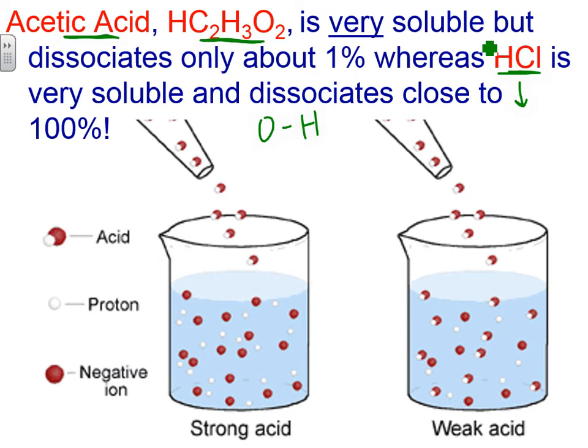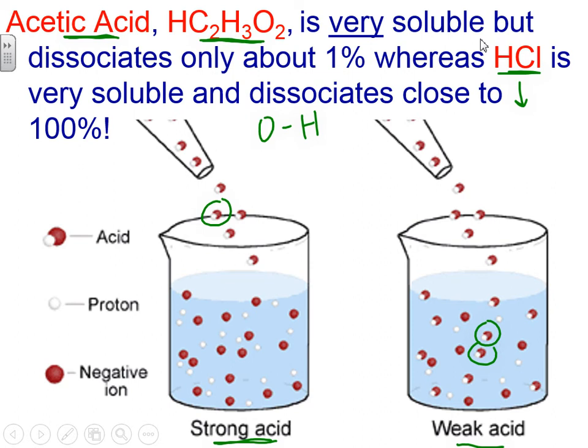And again, here we have a strong acid. The main point here is all the molecules will dissociate, will break apart. You won't have any stuck together if it's a strong acid. Whereas if you have a weak acid, you will find in solution a bunch of molecules that are stuck together, that are undissociated. And this is different for different acids. So for example, the weak acid, phosphoric acid, will dissociate to a different extent than acetic acid. Every weak acid has an extent to which it dissociates, and we will actually dive into this a little deeper